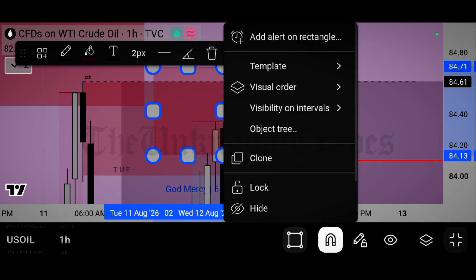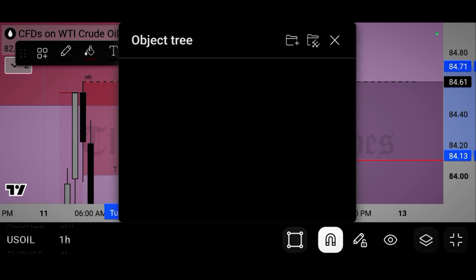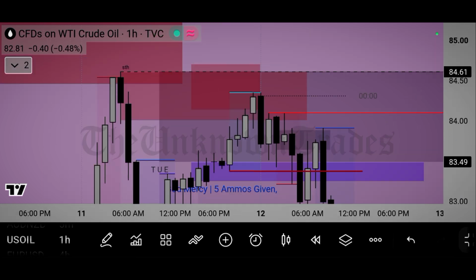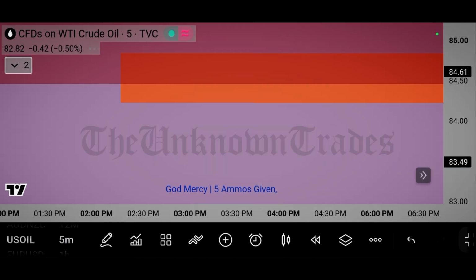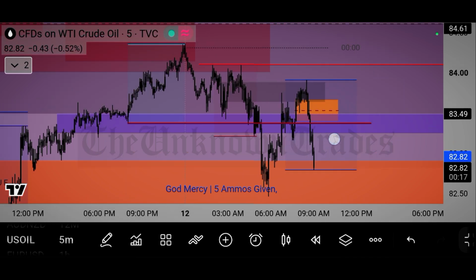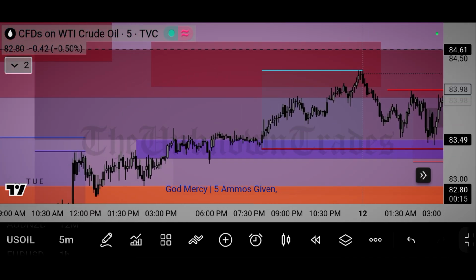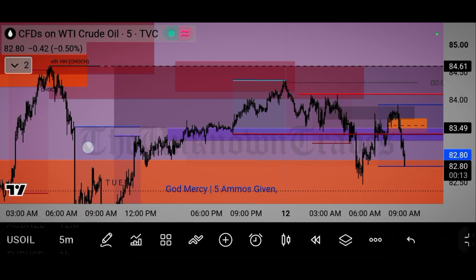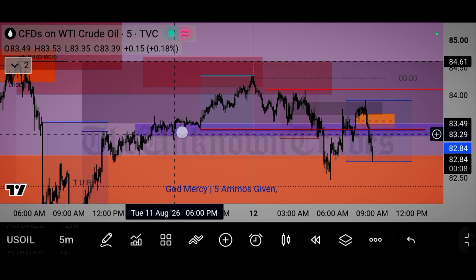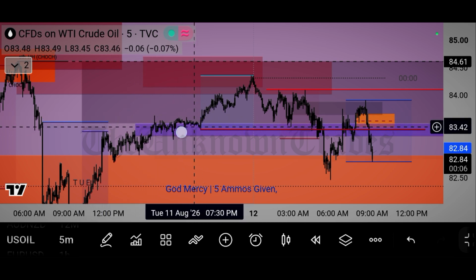Okay, so this is the box that I want to show you, and I'm going to show you that you have this in focus. Okay, so this purple colored box is the today new day opening gap, and before opening Asian session I again